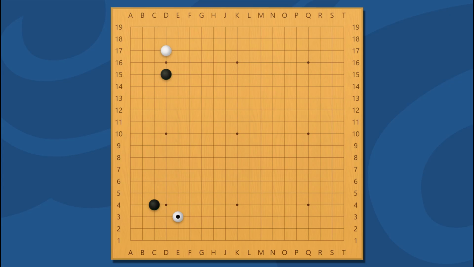Then, corner approach can be a high approach like this black move or a low approach like this white move. Low approach is a means often used in actual games nowadays. Now let's analyze the differences between the high approach and low approach.